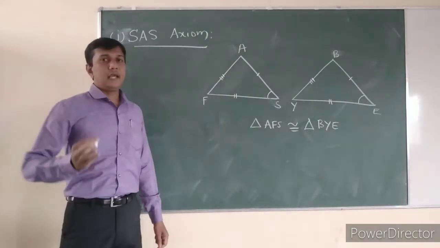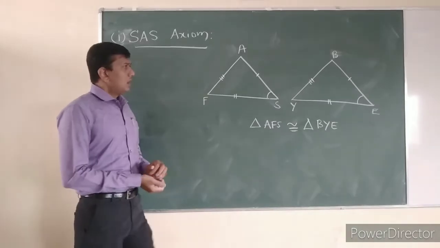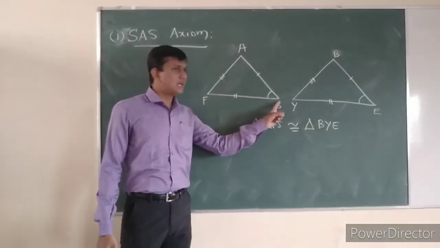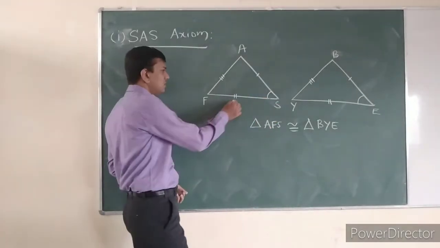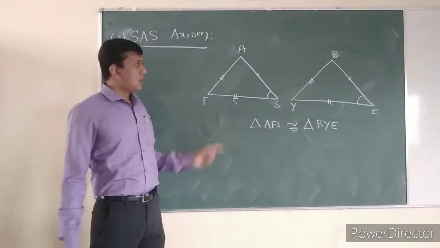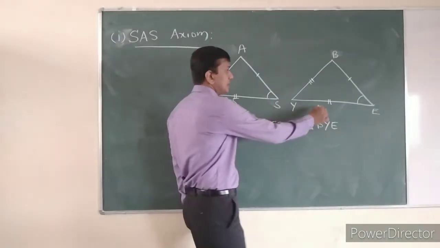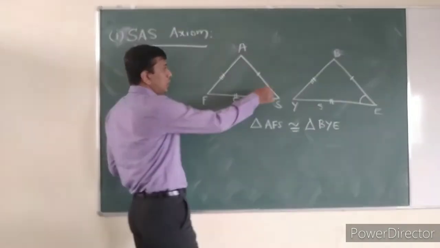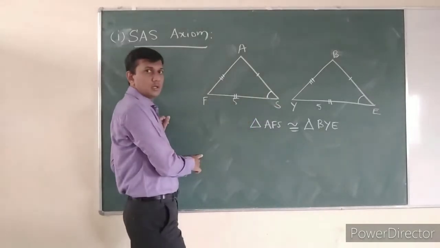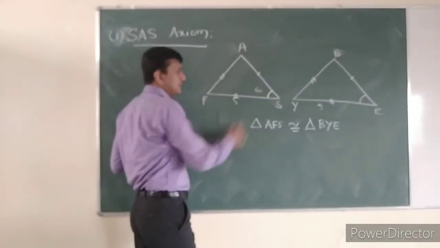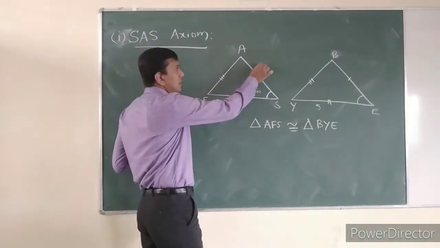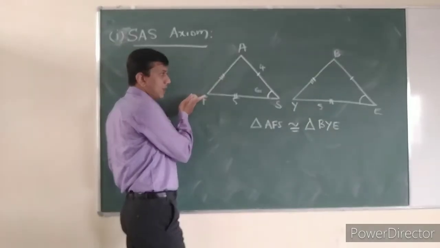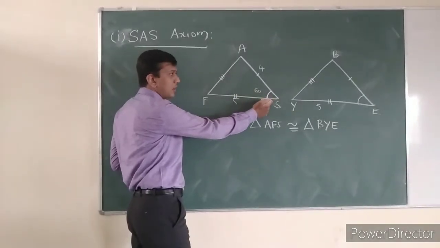Suppose, take it as an activity. Take a sheet of paper, two papers. Cut this with some length, consider 5 centimeters. You cut another triangle, another shape also, with 5 centimeters. Now you take a certain angle here, name it as 60 degrees, and take one more line segment as 4. Cut the paper with 5 centimeters length with the help of a protractor.